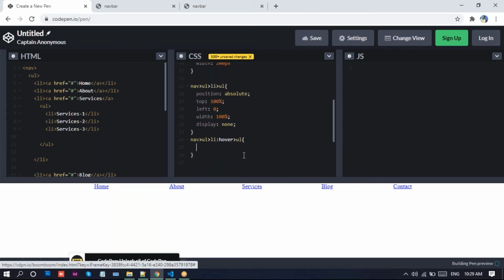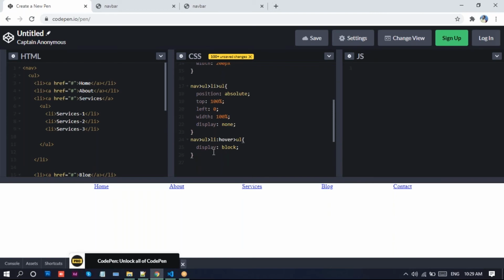I'll take this UL and write display: block. Now look at this one. When you hover on this one, it will be displayed there. So we created this drop down.